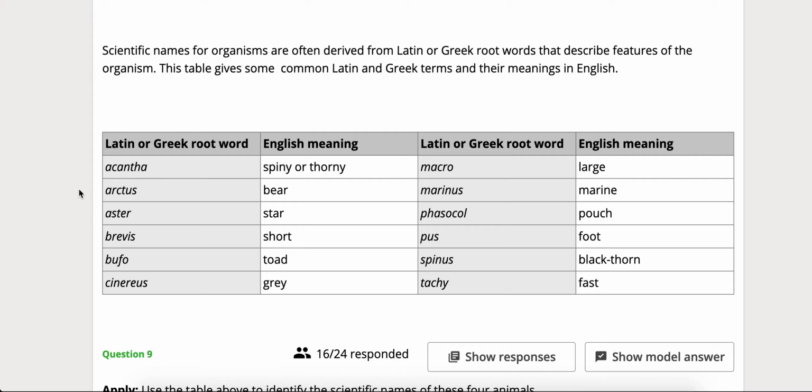Moving on. Scientific names for organisms are often derived from Latin or Greek root words that describe features of the organism. This table gives some common Latin and Greek terms and their meanings in English. So, for example, in Latin or Greek, the word acantha translates in English to either spiny or thorny. The Latin or Greek word arctus translates to bear, aster to star,